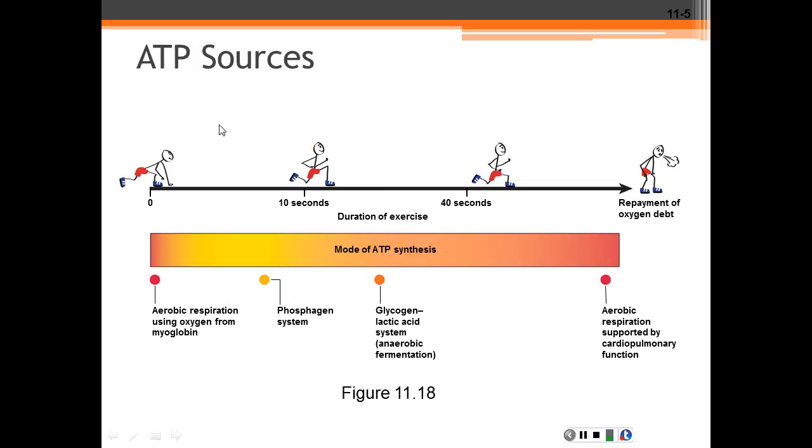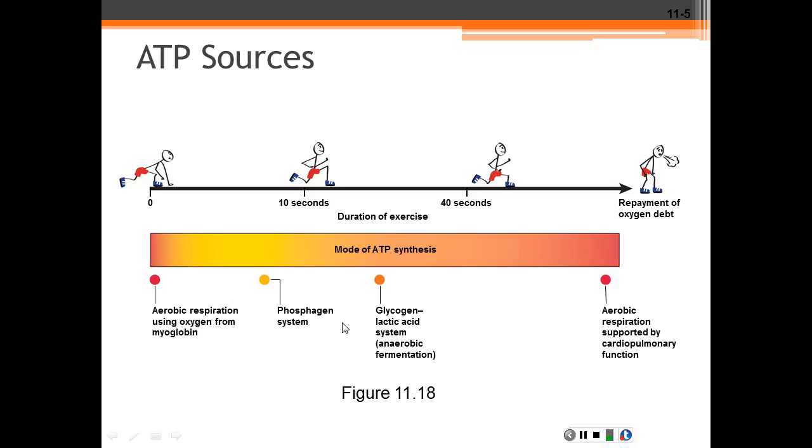Now, when we look at this particular diagram, or this figure, we notice at 0 duration, we have aerobic respiration using oxygen from our myoglobin. So we're using oxygen that's already within the muscles. That's just to get us in our start position, not much movement. And then when the gun goes off and you hear start, and you're sprinting for about 10 seconds,